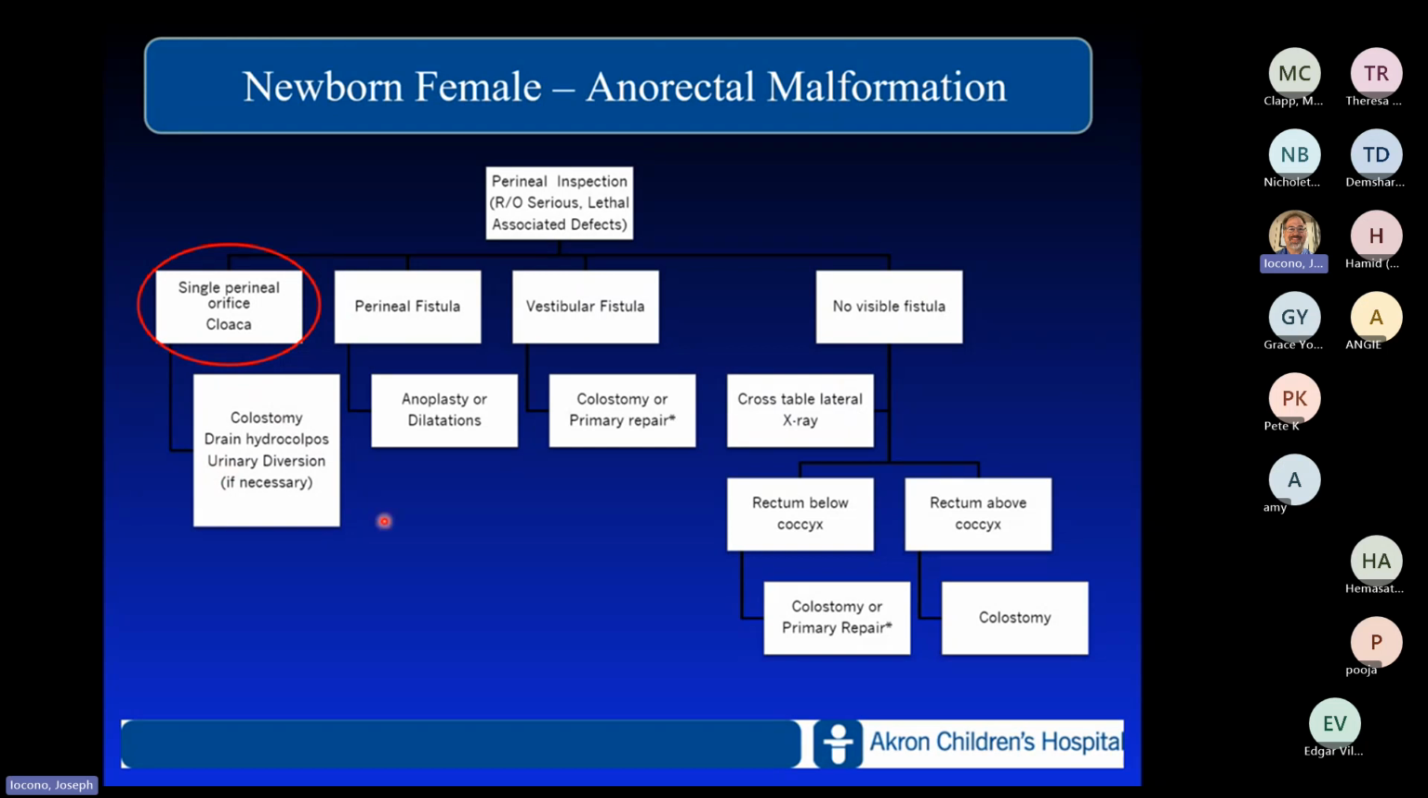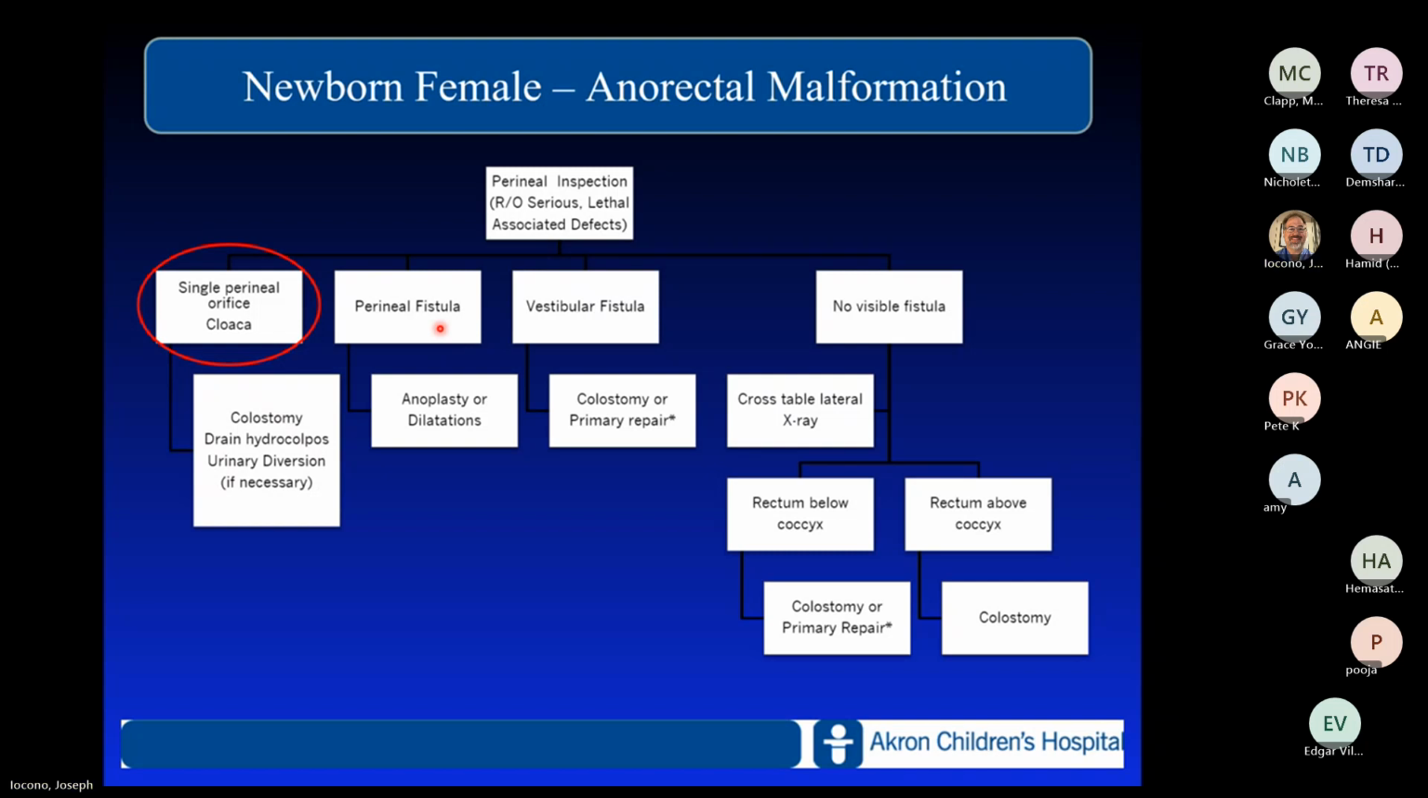This is associated with high issues with the uterus, and you can have a hydrocolpos, and a lot of other issues that you've got to look at when you're doing your colostomy. Perineal fistula or vestibular fistula. Perineal fistula means there's any amount of perineal body between the base of the vagina and the opening. Vestibular fistula means that the posterior vaginal opening and the anterior anal opening share